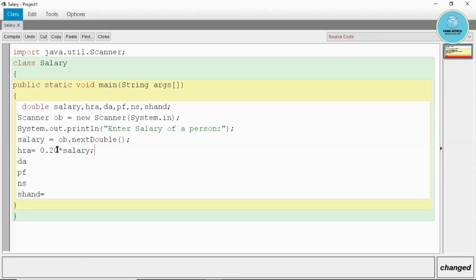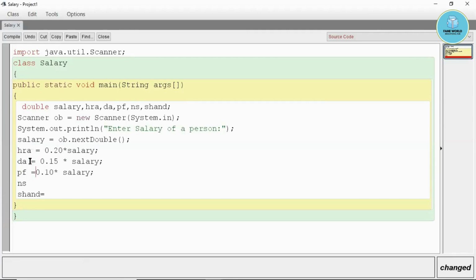Then DA equals 0.15 into salary, which is 15% of salary. Then I'm taking 0.10 into salary, so it would be 10% of salary. Like this we have taken the HRA, DA and PF.